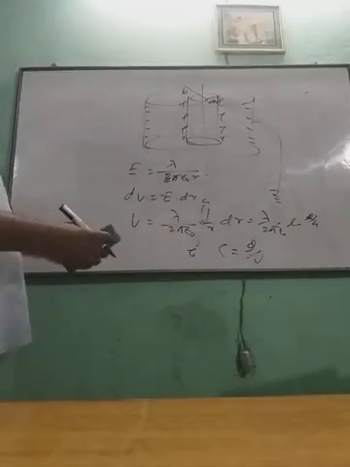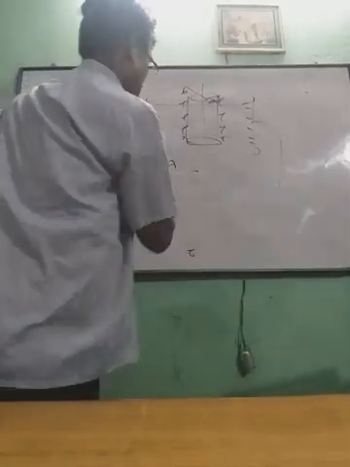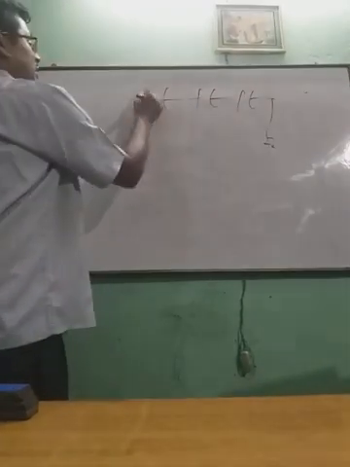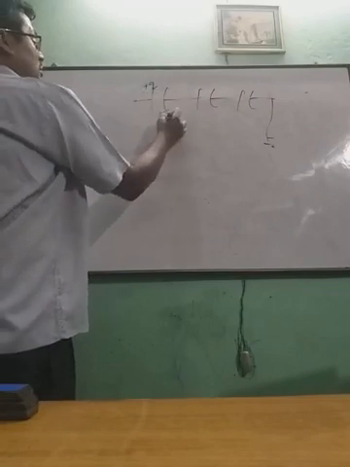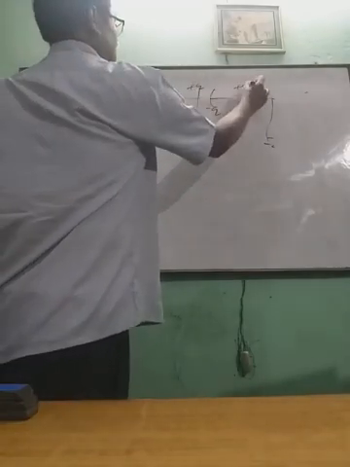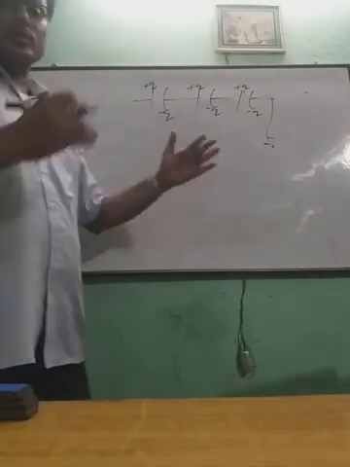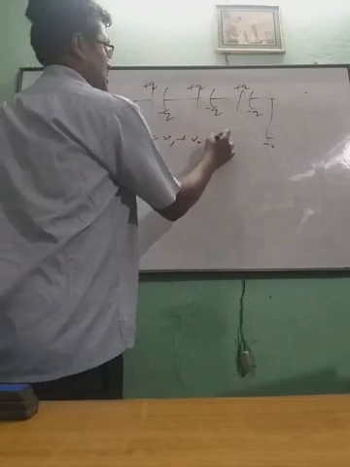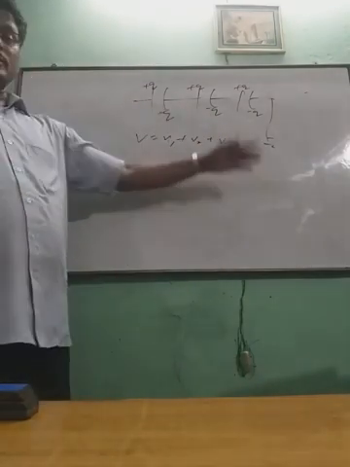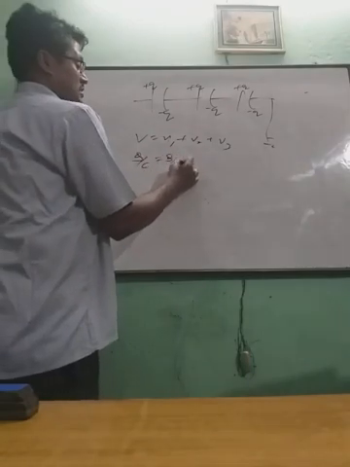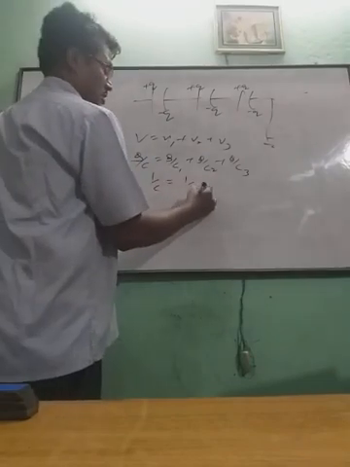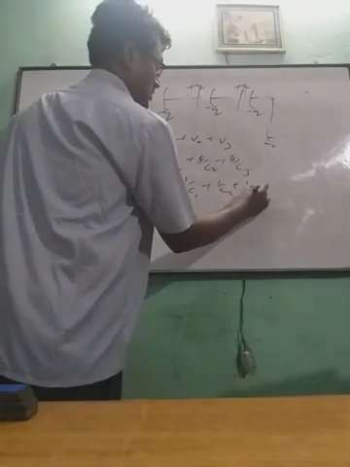Okay. Now series and parallel combinations I have discussed earlier also. Series means all the capacitors contain the same amount of charge. If here it is plus q, here minus q, here plus q, here minus q, here plus q, here minus q, the charges are equal due to electric induction. Now potential V equal to V1 plus V2 plus V3, as the potential is divided here, so q by C equal to q by C1 plus q by C2 plus q by C3, and then 1 by C equal to 1 by C1 plus 1 by C2 plus 1 by C3.